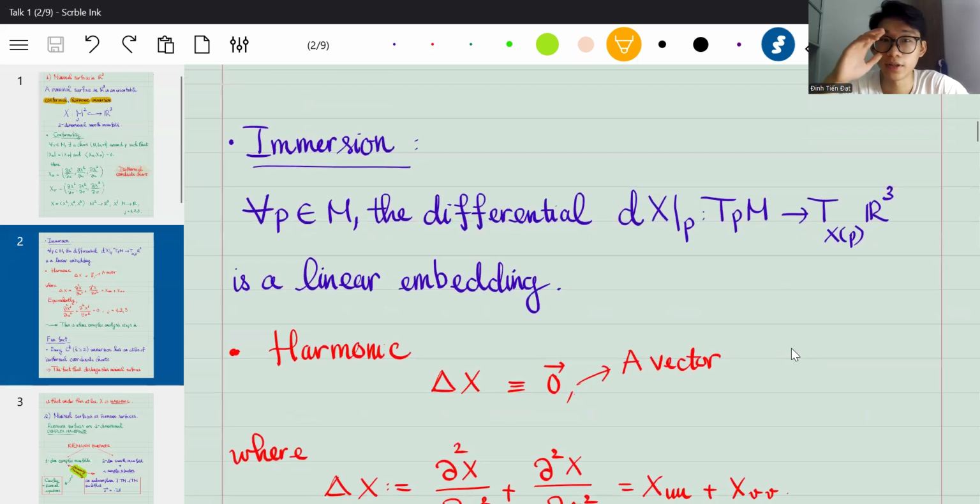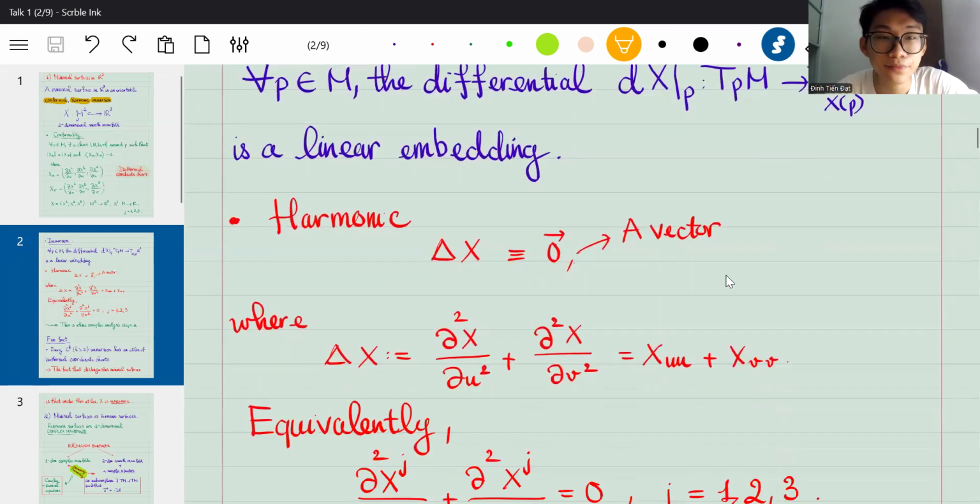Okay, so an immersion is a map such that the differential of that map at every point is a linear embedding. That is, it is linear and it is injective. Okay, so it is pretty fundamental. We require this so that we can pull back the metric of R3 into our smooth manifold